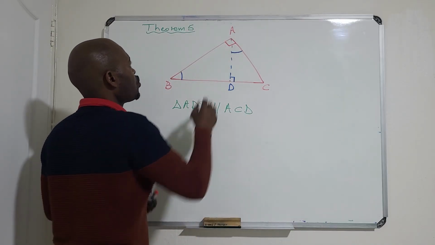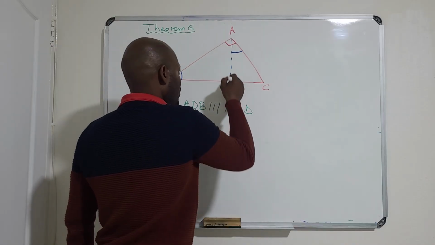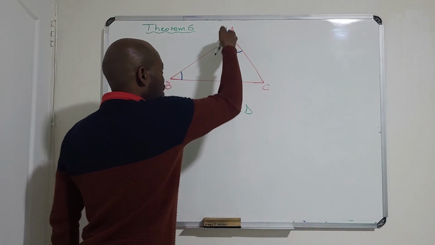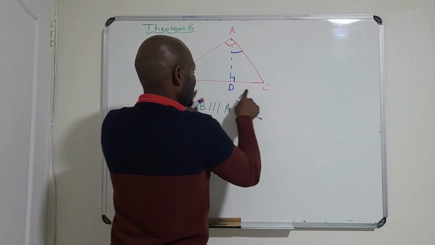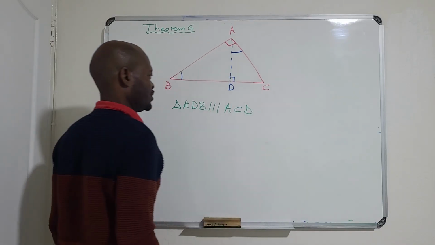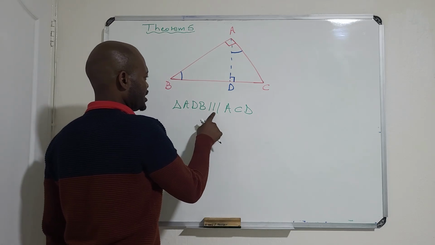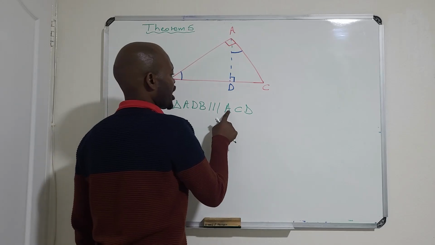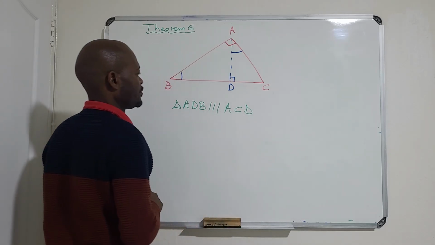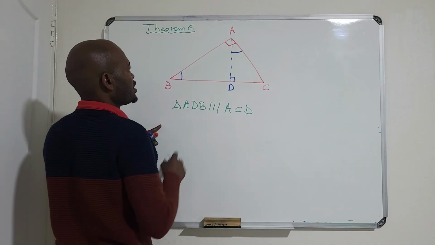We can also show that this is similar to that, so that we can get this side in terms of this side and this side. Triangle ADB is similar to triangle ACD. Then we can find that AD,